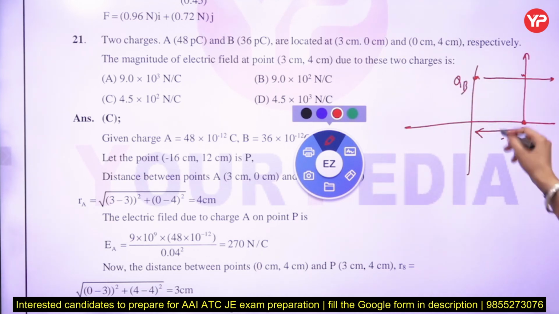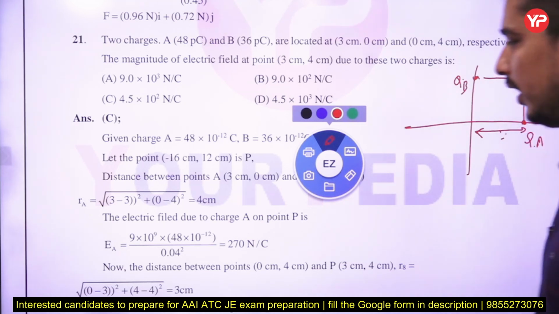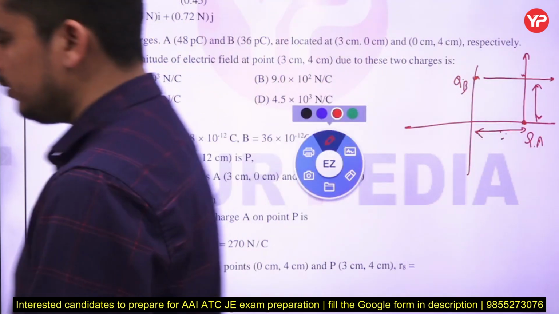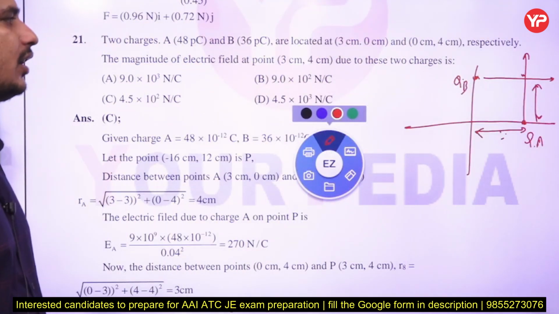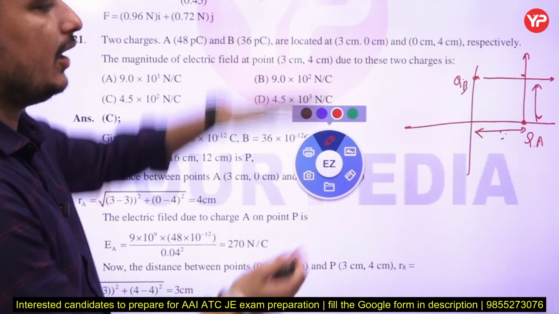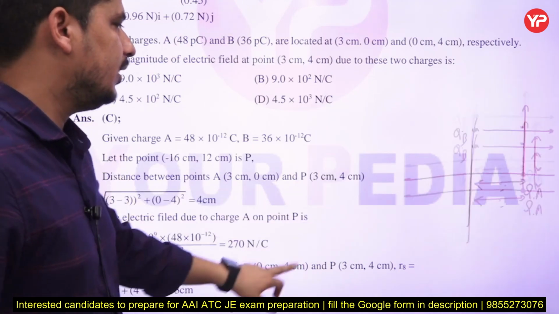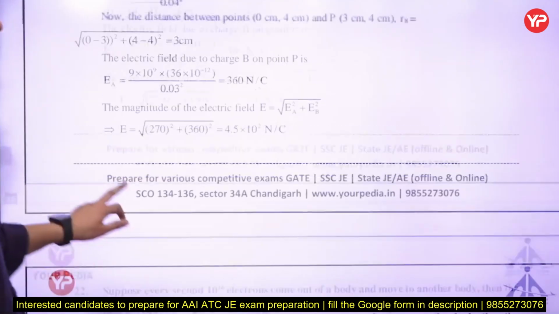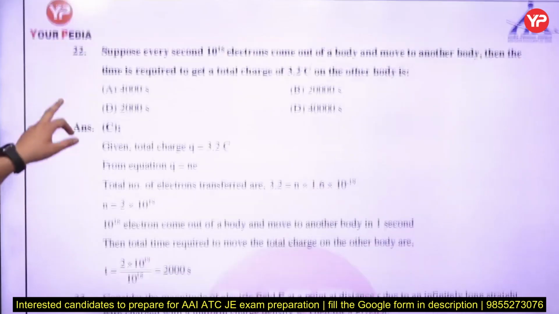QA. So when you calculate due to QB, you use this distance. When you calculate QA, then use this distance. You can directly calculate the electric fields EA and EB. Then the final resultant electric field, because they are making a 90-degree angle, will be under root of EA square plus EB square whenever they are making a 90-degree